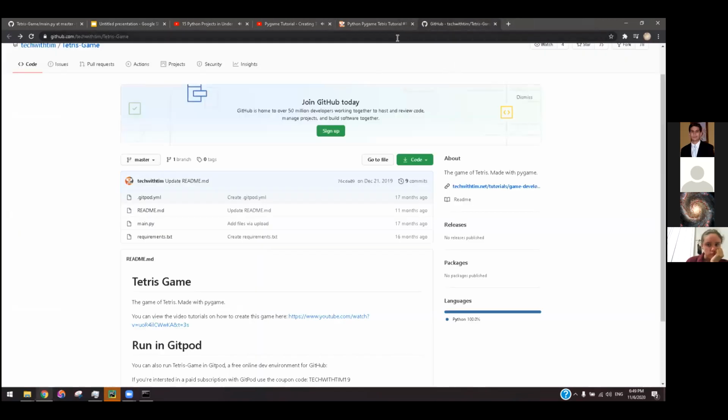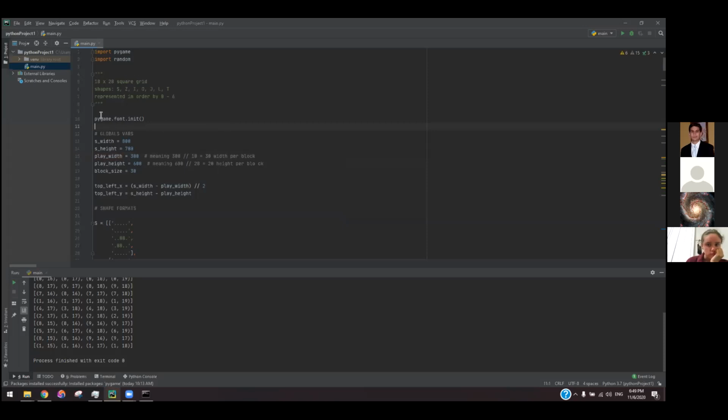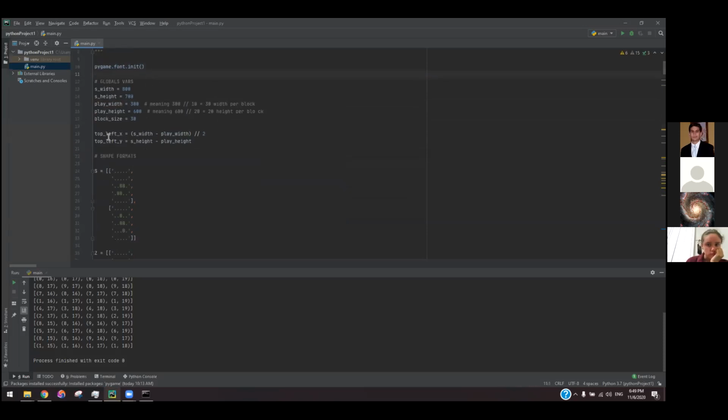So after we learn about what this is, the init is always to initialize your, in this case, our object, our instance of Pygame, and you were just creating different variables to hold different components of the Tetrix, right?